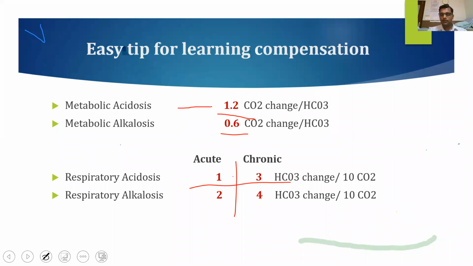Again, it moves in the same direction. In metabolic acidosis, as bicarbonate decreases, there will be a 1.2 CO2 change per bicarbonate change. And vice versa, in metabolic alkalosis, the change will be 0.6. In respiratory acidosis, we know there is acute and chronic, and the chronic compensation will be more. In the acute scenario, there will be 1 bicarbonate change per 10 CO2. But in chronic,